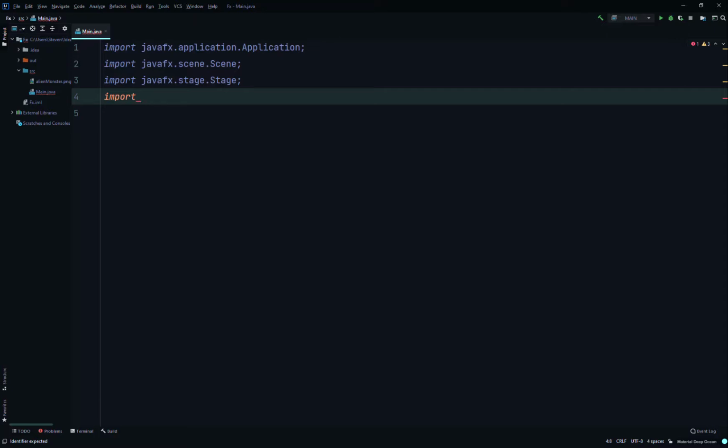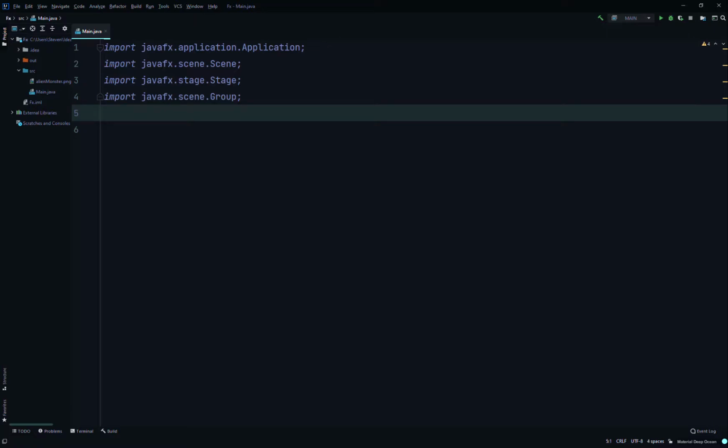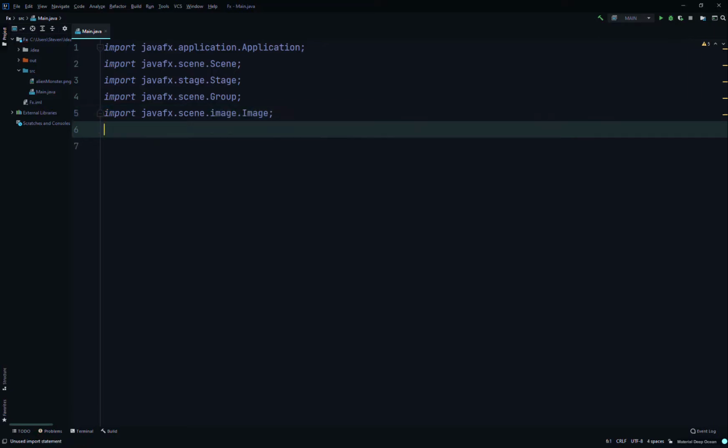So do the layout container. We'll import javafx.scene.Group. I know I don't always do that in the previous videos, but when I code stuff myself, that's what I do so I remember it. And then anything else, I just do on the fly. Then import javafx.scene.image. Oh yeah, for this class,